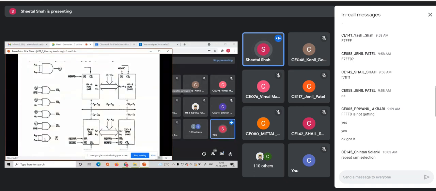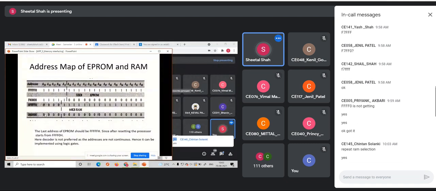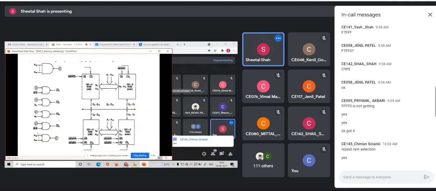See, the RAM IC would be selected if all these 4, A16 to A19, are 0. Do you agree to this, all of you? When A16 to A19 are 0, since it is connected through this bubble, it implies that the inverted inputs are provided here. So if A16 to A19 are 0, the input to this NAND gate would be 1s. Do you agree to this? If all of them are 1s, the output C dash would be 0.